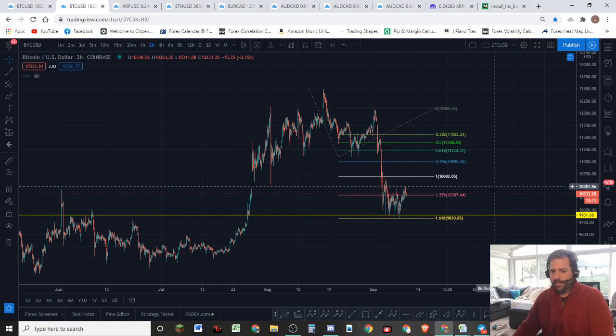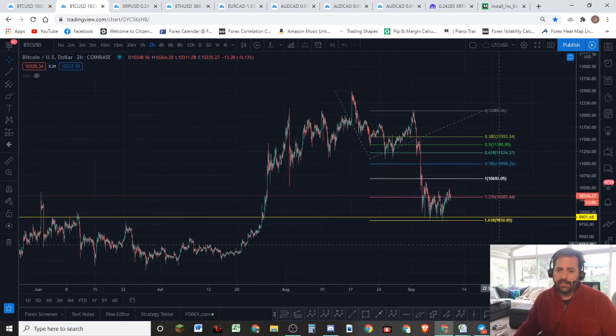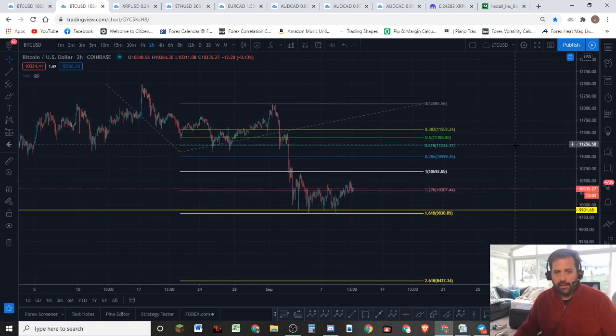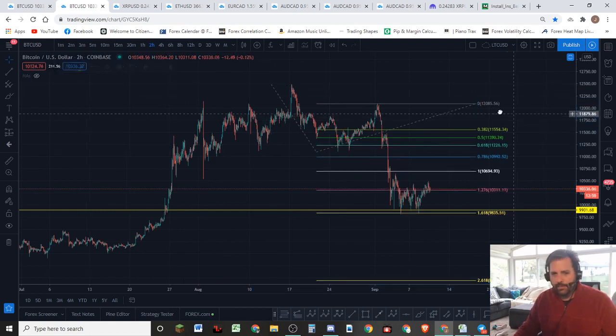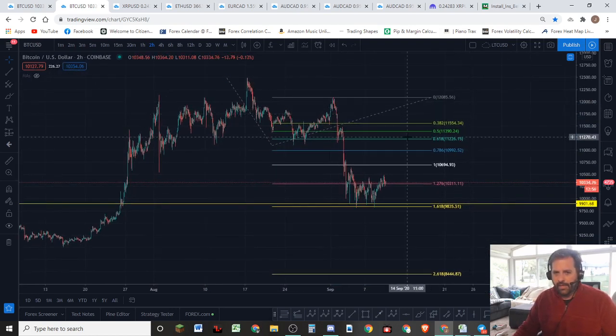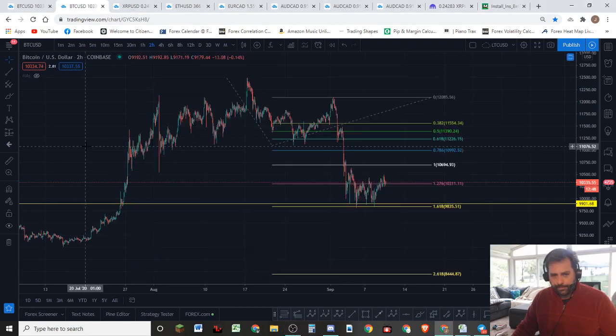I know everybody's got 9600 in their minds, because there's a CME gap there, and let me just say, guys, don't trade by CME gaps. They get filled when they get filled. Now, if we get close to it, you might say, hey, there's a CME gap here, maybe this is a location next to a target or something to that effect. But don't put too much credibility or weight in your analysis on CME gaps.